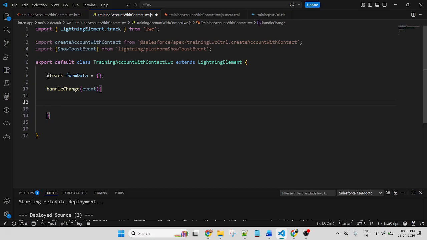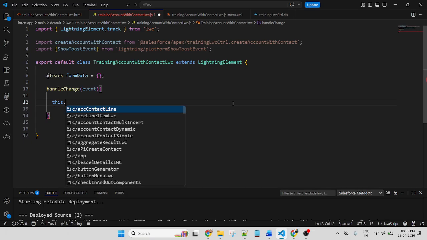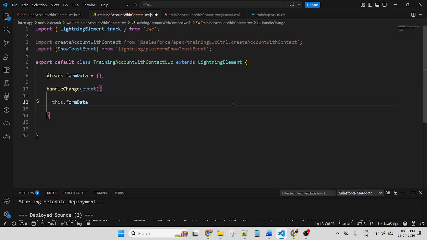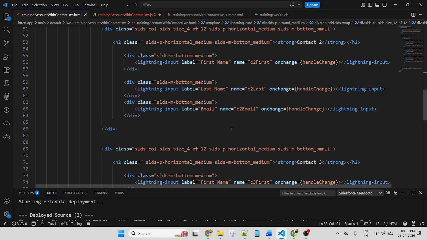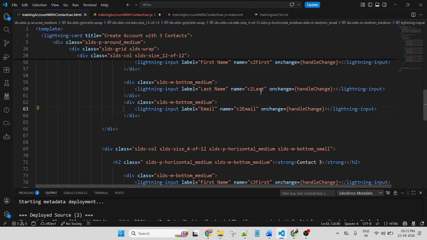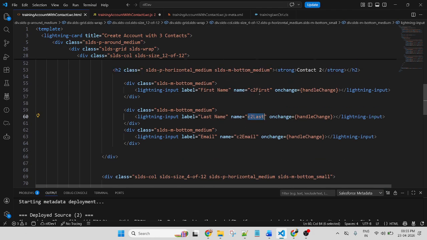So use this one. If using a decorator variable, calling inside the function, first apply this dot name of the variable. Here I will get it dynamically. How dynamically? Based on the input field name. Each and every input has a unique input name, so based on this name I will get the value.